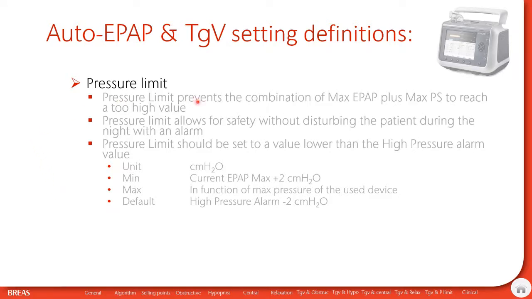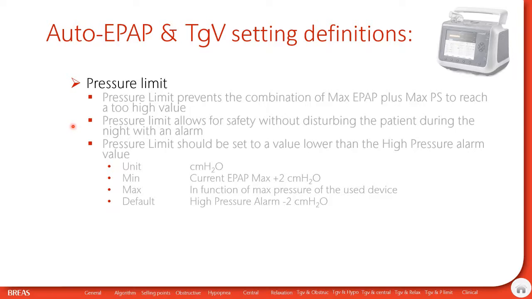Once more, the pressure limit prevents the combination of EPAP and pressure support from reaching a too high value. The pressure limit is not an alarm, but it's a safety which will allow for safety without disturbing the patient. It will not act as an alarm. The inspiratory pressure will seal at the pressure limit and the breath will be delivered at the pressure limit value,